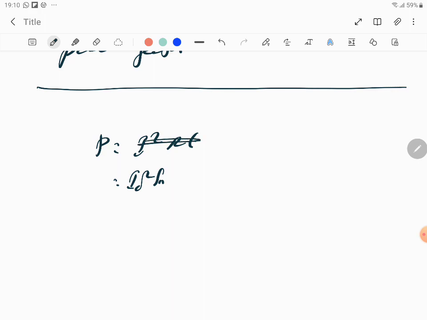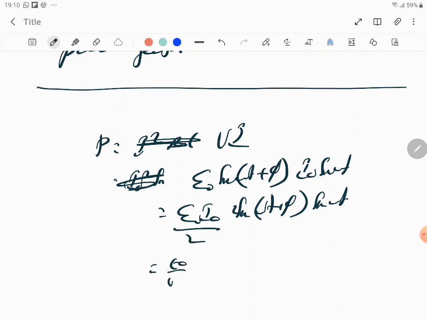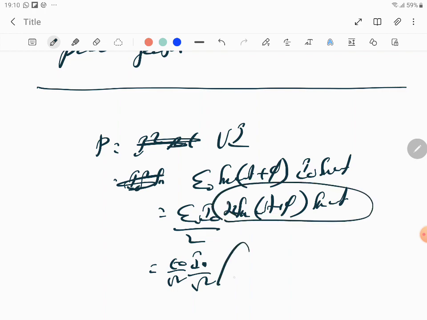No, P is equal to VI. So it's E naught sin omega t plus phi and I naught sin omega t. So I wrote it as E naught into I naught into sin omega t plus phi into sin omega t, multiplying and dividing by 2. You get this as E naught by root 2 into I naught by root 2 into, multiplying by 2, this will be cos A minus B, which is cos of omega t plus phi minus omega t, which is cos phi, minus cos A plus B, which is cos of 2 omega t plus phi.